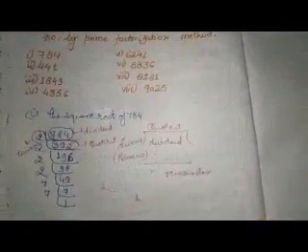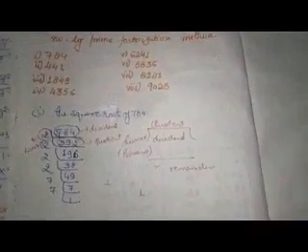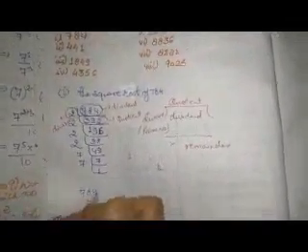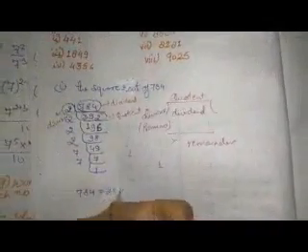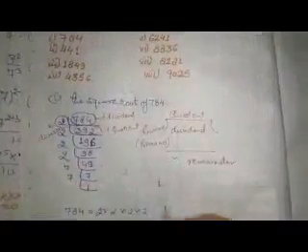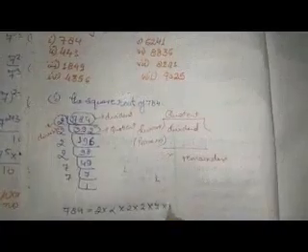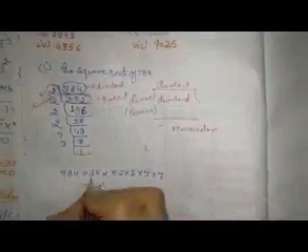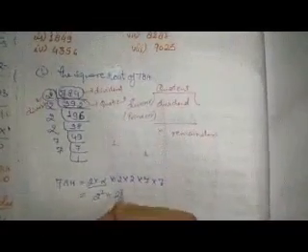I think you are clear with the concept of prime factorization. Now you can do it on your own. I am coming to the next step. So I will write 784 is equal to 2 into 2 into 2 into 2 into 7 into 7. I will form the pairs, which is 2 square into 2 square into 7 square.